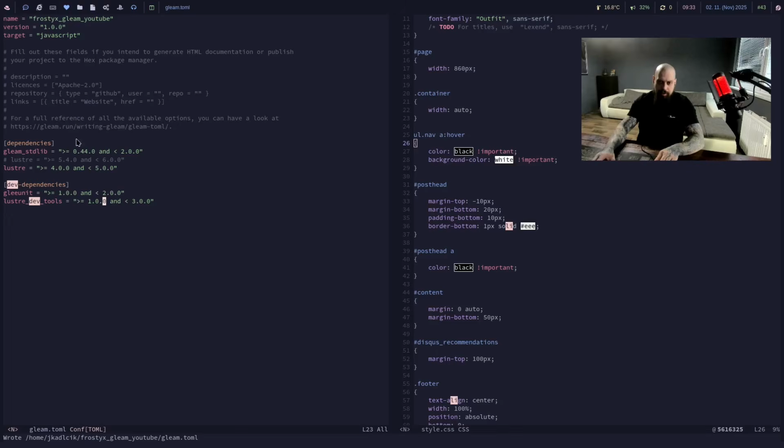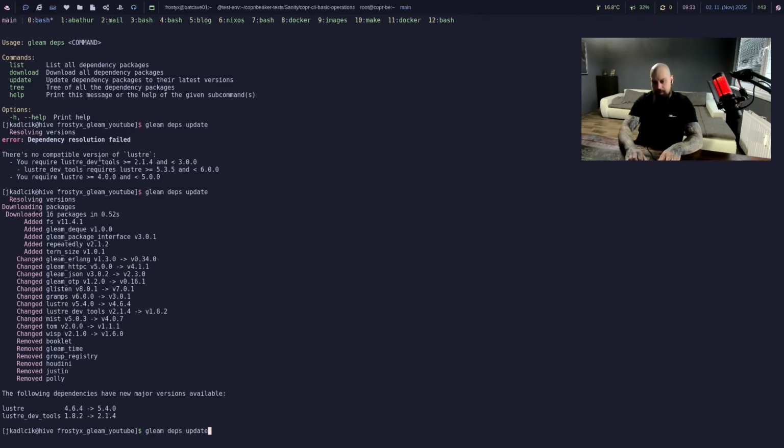Okay, so the reason I used the lower version is because on Fedora 42 that I'm using, the Erlang OTP is version 26, and the most up-to-date Lustre needs Erlang OTP 27, which means we cannot do it. So that's why I'm trying to use an older version of Lustre. By the way, Erlang OTP is, I guess, something like the Java Virtual Machine. So if we do this,